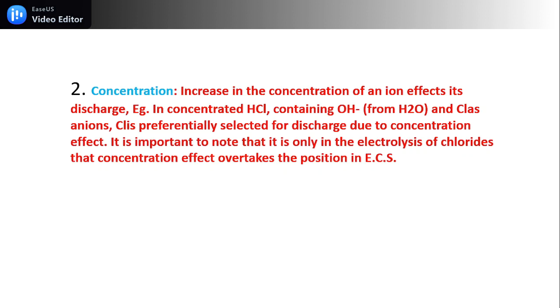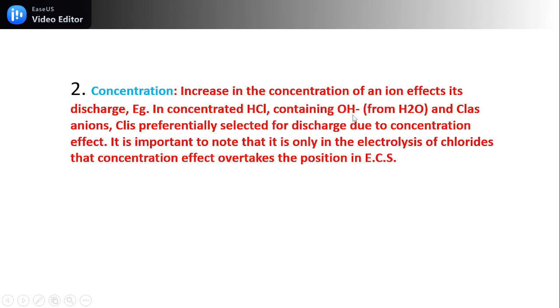An increase in the concentration of an ion affects its discharge, which implies that when the concentration of an ion increases, it also affects its ability to leave that portion and be transferred through the electrodes. For example, in concentrated HCl